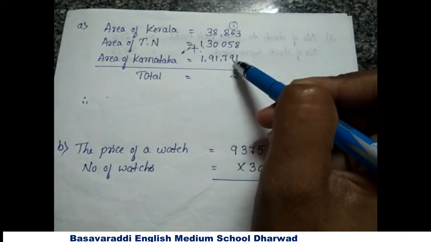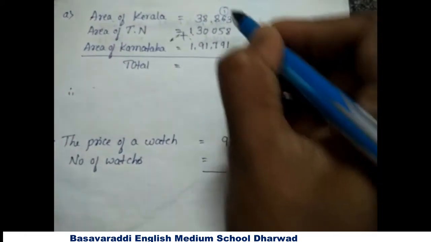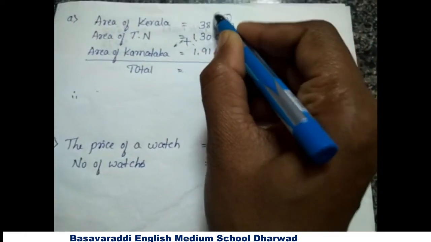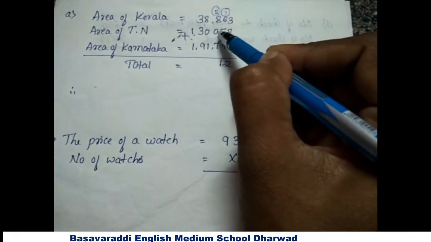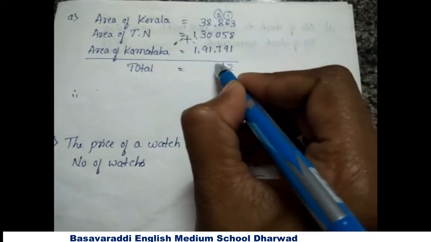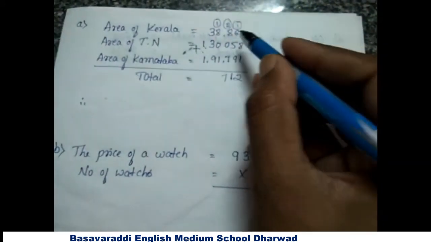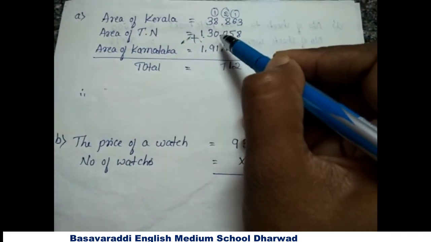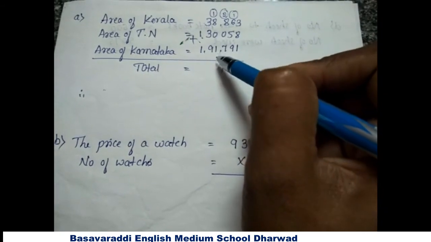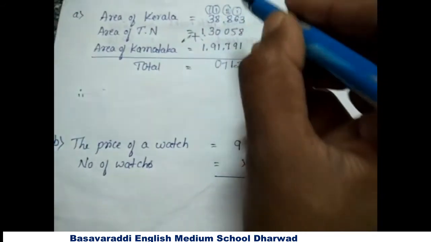The 12 plus 9 is 21. So write 1 in the tens place, 2 carry over to the 100 place. Next 2 plus 8 is 10. 10 plus 0 is 10. 10 plus 7 is 17. 7 in the 100 place, 1 carry over to the thousands place. So 1 plus 8 is 9. 9 plus 0 is 9. 9 plus 1 is 10. So 0 is here, 1 carry over to the 10,000s place.